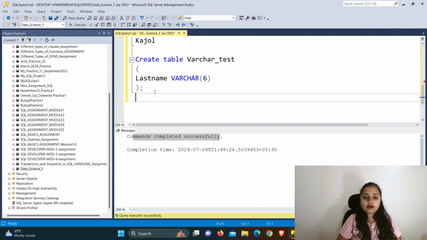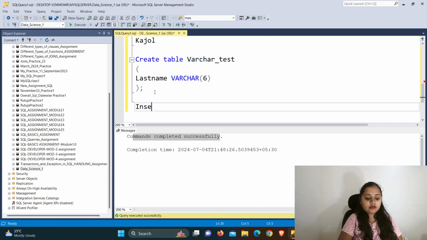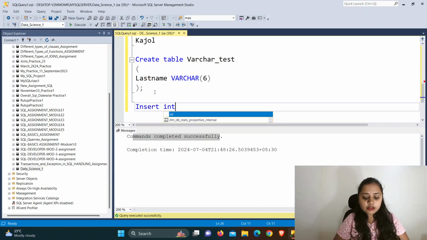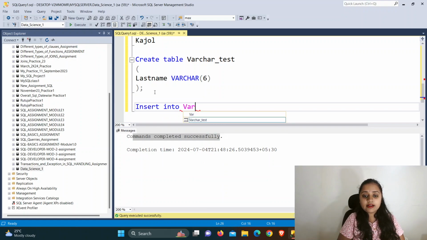Now let's try to insert the data. Insert into table name, that is varchar underscore test, then column name, that is last name. See, it is giving the recommendation. Values, now give the last name values.